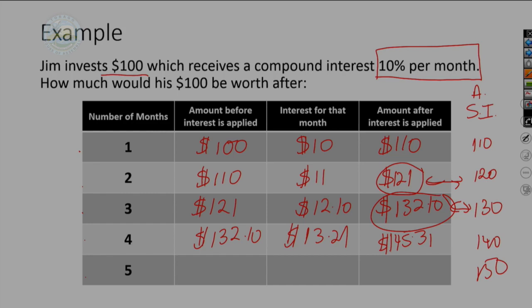And let's just do the last one. So we started with $145.31. He gets 10% of that, so that's $14.53. And so when we add that, we would get $159.84. Now, I want us to be aware of this, because when it comes to the banks, even though we